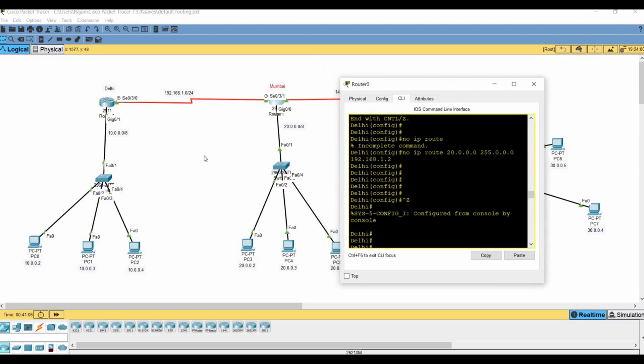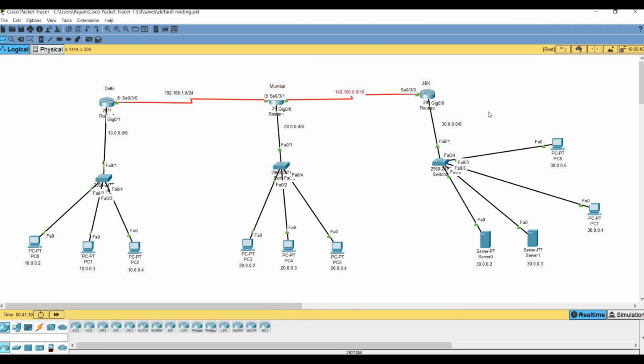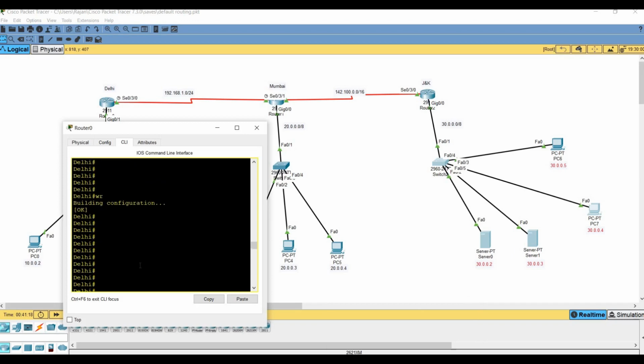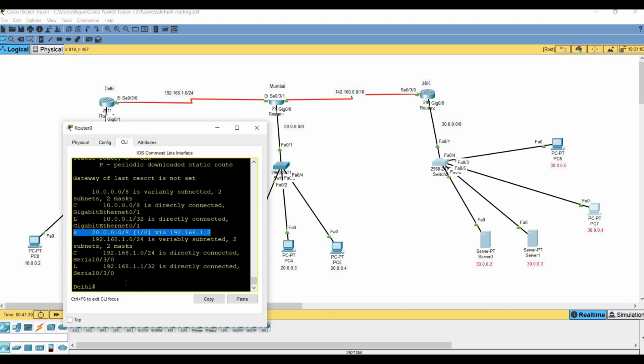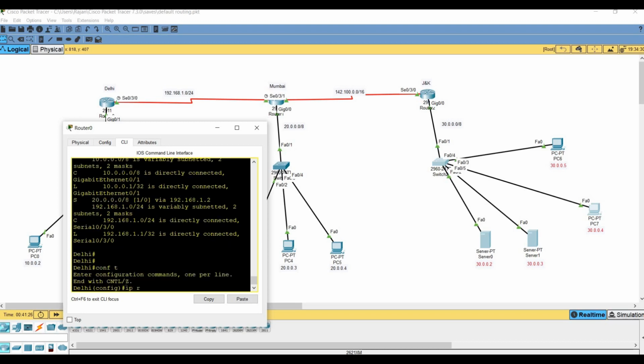Now we will add this network and this network too in the routing table, so we can communicate with each other. Let's do conf t, ip route.